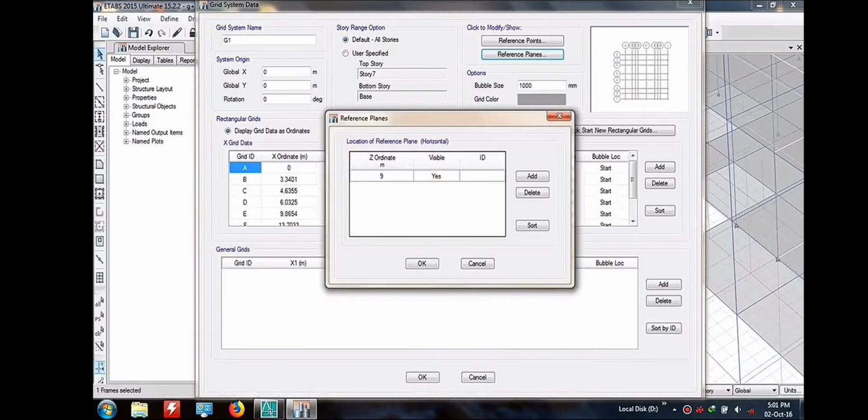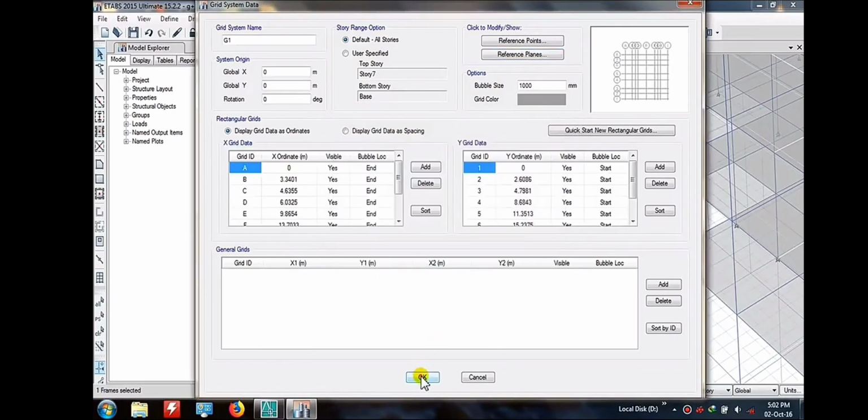So here I am writing 9 plus 5.6. 9 feet is 2.74, 5.6 is 1.67. So we are going to add these two values, and it becomes 4.3.